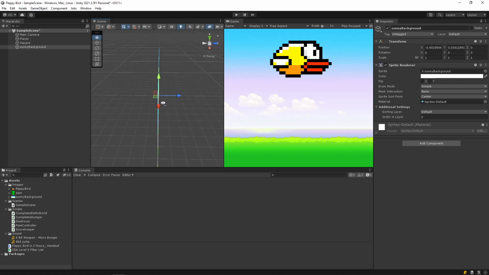If we click on our sunny background, in our transform component, we can directly edit these values. And the Z position, I'm going to set this to any positive number. That pushes this background away from the camera. So if I go into 3D view just to demonstrate, if I click on this camera, this is the orthographic view that it can see. And you'll notice that the background is now pushed a little bit further back, so the other 2 sprites are on top.